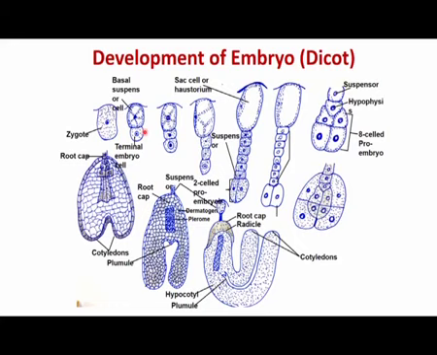The large basal cell is called the suspensor cell because it lies toward the micropylar end of the embryo sac. The smaller terminal cell is called the embryonal cell, and that is towards the chalazal end of the embryo sac. The basal cell, the suspensor cell, divides by transverse division, and the terminal embryonic cell divides by longitudinal division to form